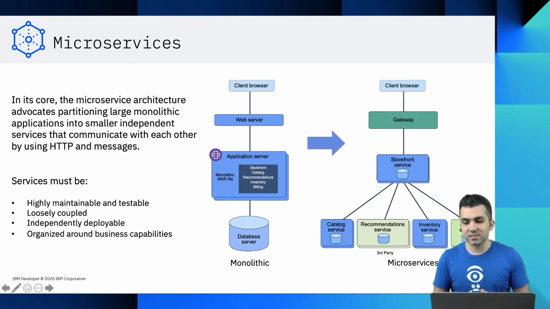Whereas on the right side, we have broken down the application into multiple microservices. Each one of these services, such as billing, inventory, and the catalog, is going to scale on its own individually according to demand. And that helps the application to scale according to the need. It also helps the teams to update and develop new features for each one of these services individually. And this is one of the most important advantages of